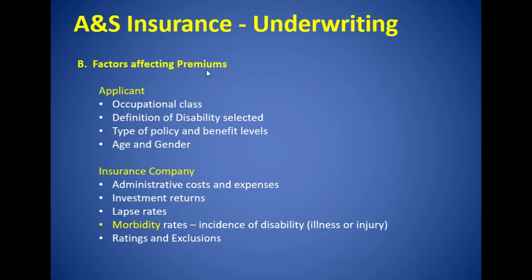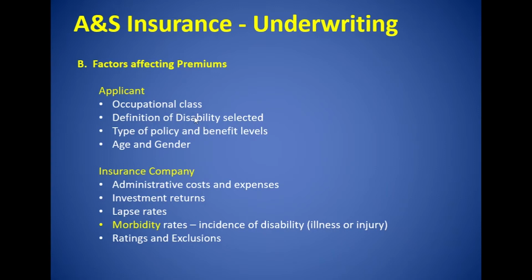Your premiums are going to be determined by, certainly for disability income, the occupational class that you fall into. You may recall in our discussion on individual disability income, occupational duties, what you do on a day-to-day basis, is critical in determining what occupational class the applicant will fall into, and that will determine what types of disability definitions they qualify for, and also the type of coverage that's going to be available. So this is a critical piece of the underwriting process.